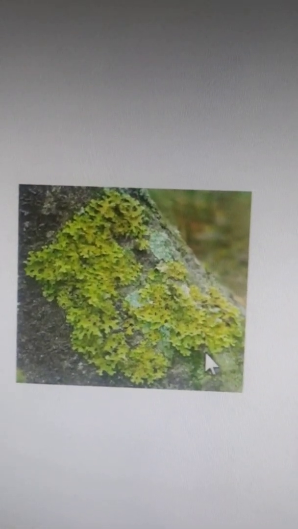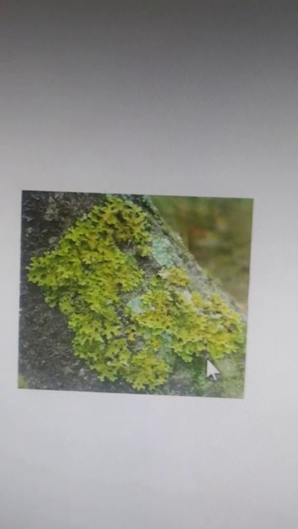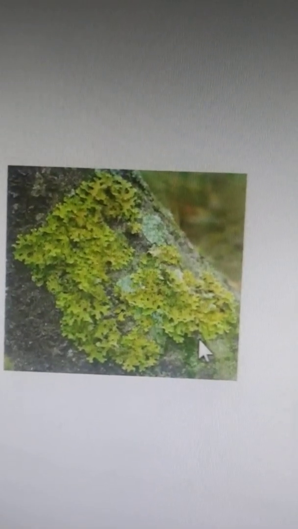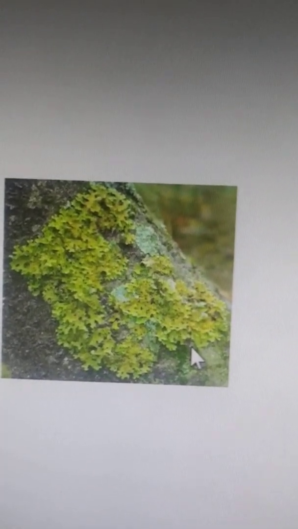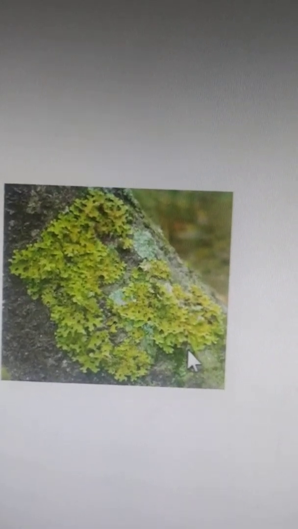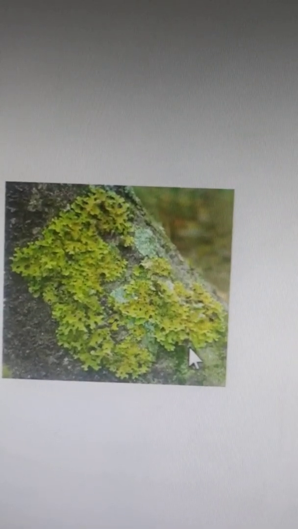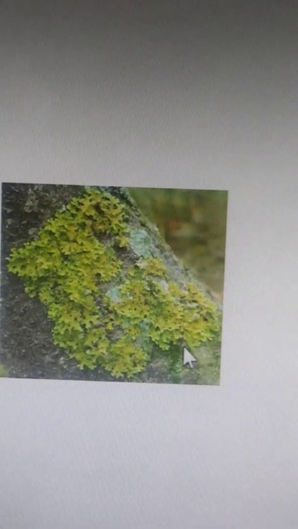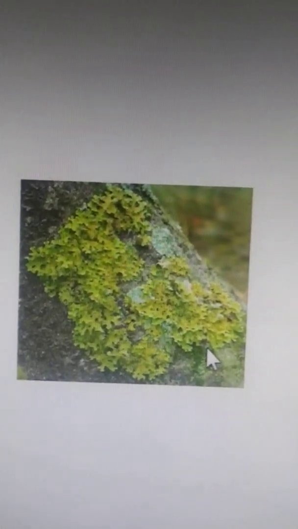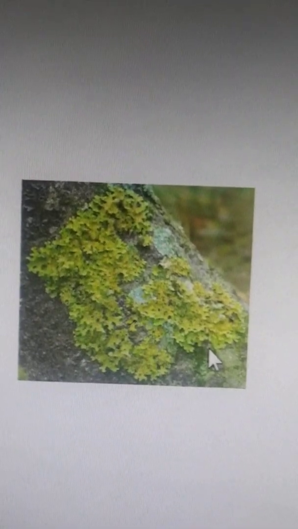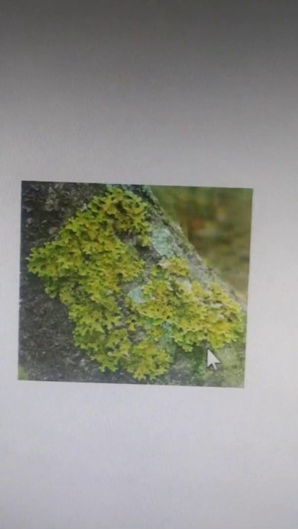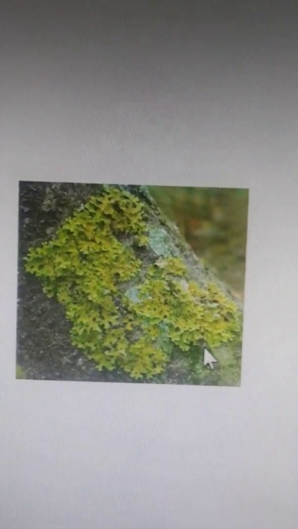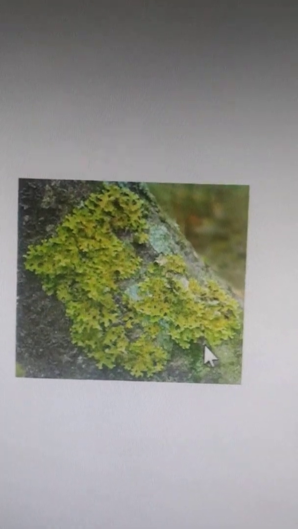They live together. Alga is an autotroph and the fungus is a saprophyte. The fungus holds the alga cells in its mat of web-like hyphae, thin filaments. The fungus absorbs water and mineral salts from the surroundings and supplies them to the alga, and the alga, being green in color and having chlorophyll, prepares food by the process of photosynthesis and shares it with the fungus. Thus, both alga and fungus gain mutually from one another by living together. This condition is called a symbiotic relationship.